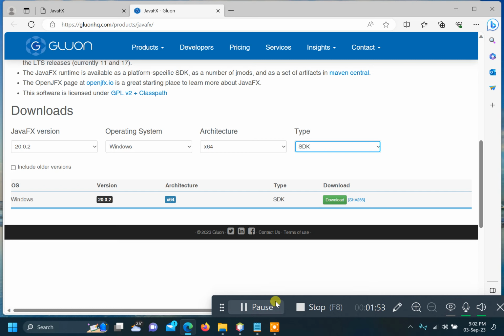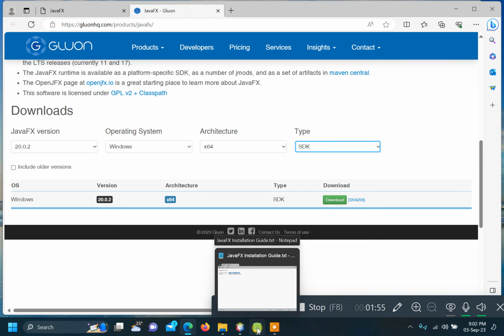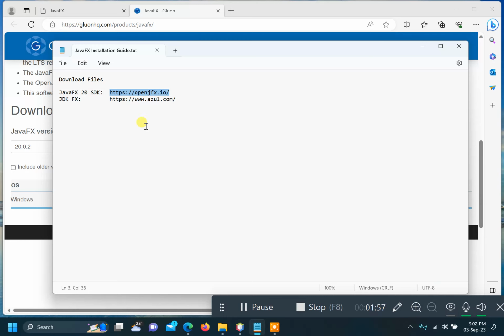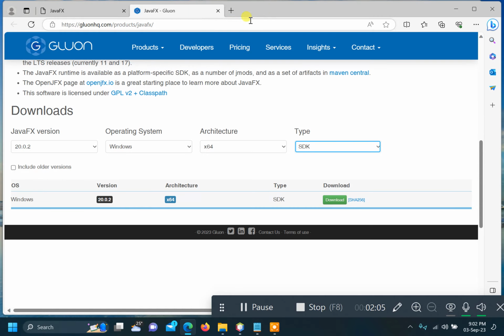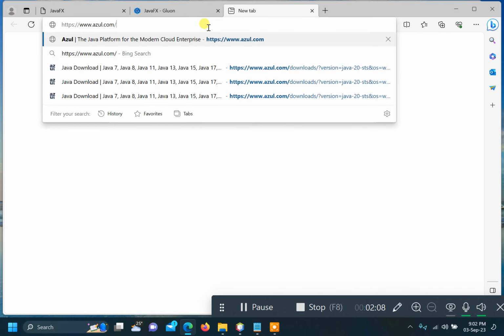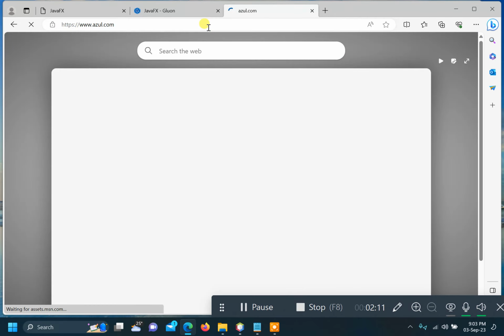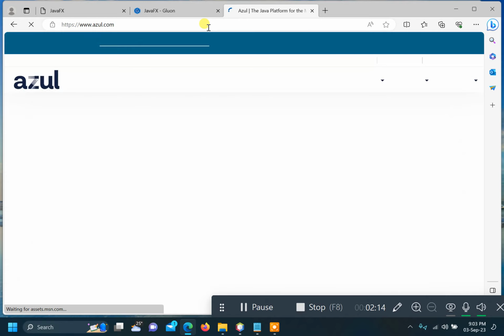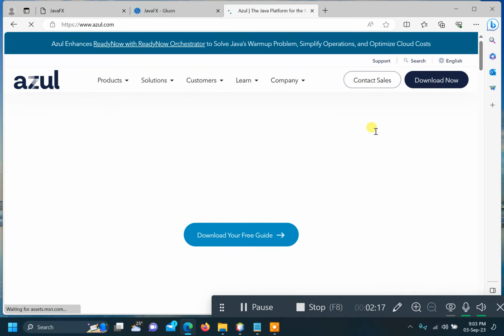Then the second website that we have to go to download the JavaFX package is called azul.com. So I'm copying the URL once again, and I'm going to paste it. I am on the Azul website. I'll click on the download now button,